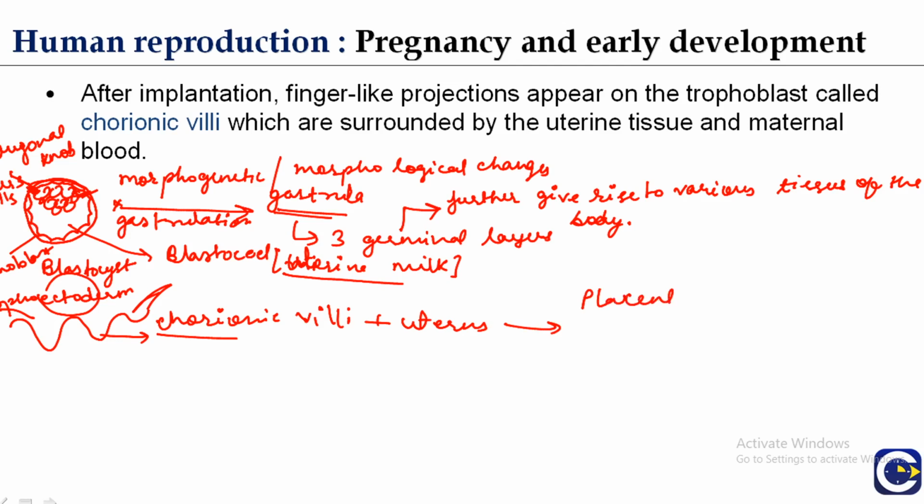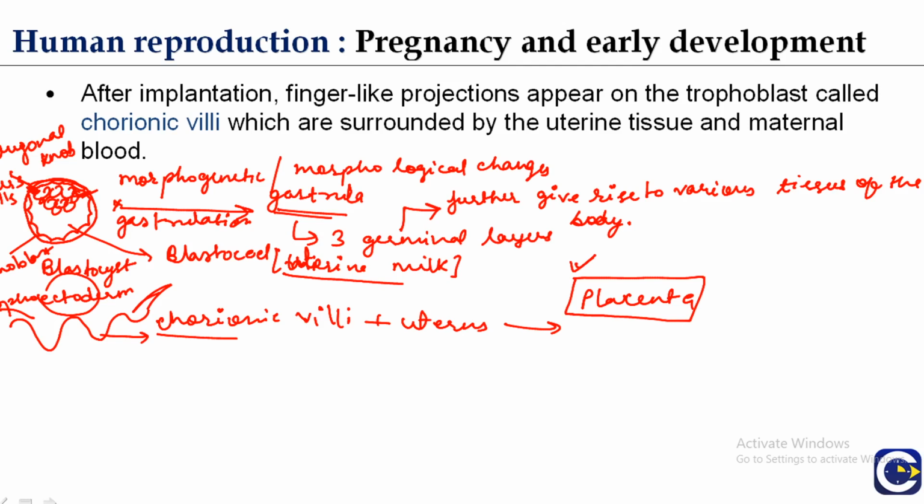Placenta is very important because it is the direct connection between the mother's body and the developing fetus or the embryo. So placenta is important because it provides oxygen, and all the exchange of nutrients from the mother to the developing fetus is done by means of the placenta. The process of excretion also takes place by means of the placenta.